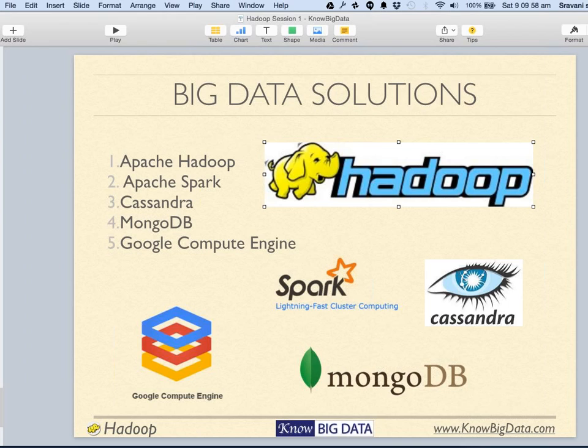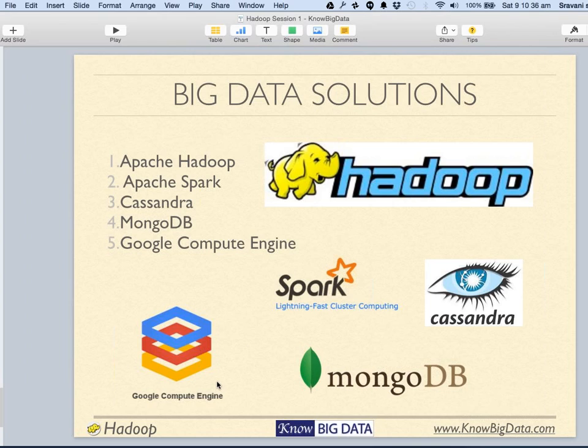So if you just have to store data and do basic computation on that stored data, and your data is not in file form, then you can utilize Cassandra really well. Then there is Google Compute Engine, where you upload your data on Google resources and utilize Google's BigQuery and other tools to churn your data.